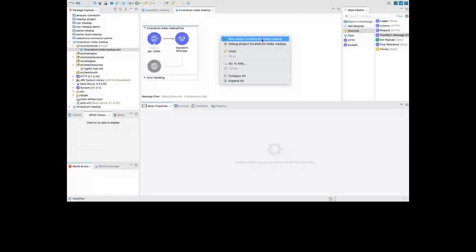What it will do is build the project, launch the JVM, and deploy your project locally so that you can test it with the help of localhost colon your port number, which is 8081, and then your URL. Okay, so it will take some time. The first time, it takes time to initialize the project.